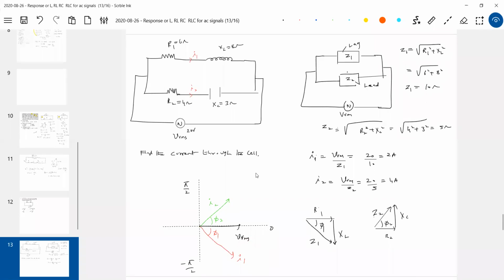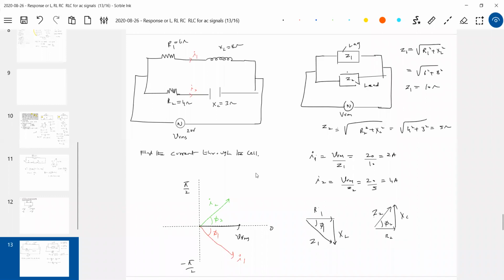Take this to be 0 phase. In parallel circuits, always assume the phase of a source to be 0. If you mention this phase separately, then corresponding to that, you draw the diagram. Since nothing is mentioned, if they don't mention anything, then the phase of the cell should be 0 for parallel circuits, I'm telling.